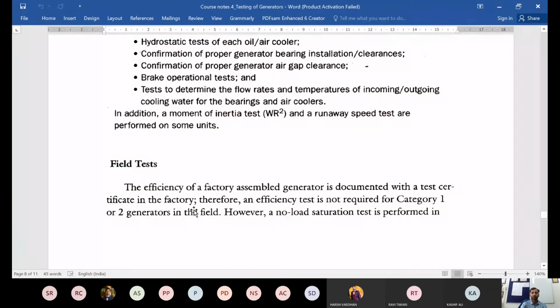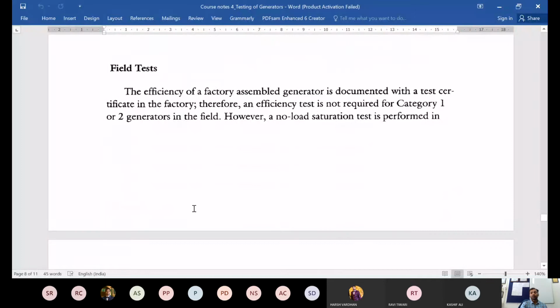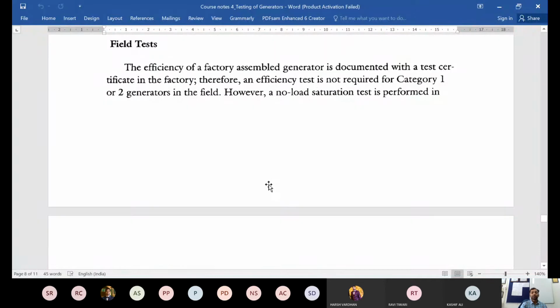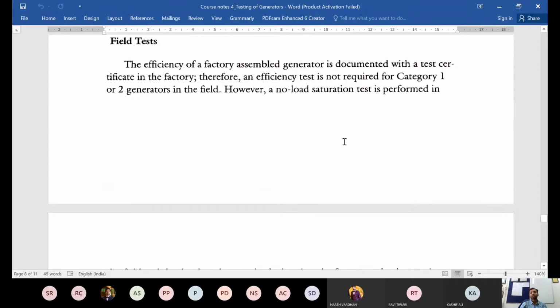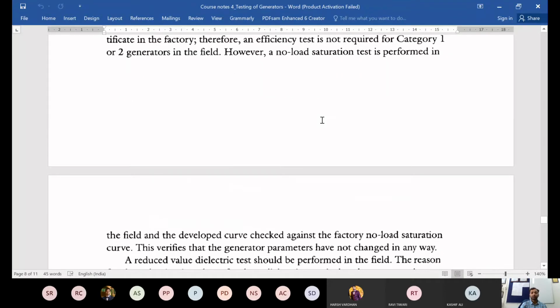It is just the factory test certificate is repeated. However, a no-load saturation test is performed in the field, and the developed curve checked against the factory no-load saturation curve. This verifies that the generator parameters have not changed in any way. So it is recommended that the no-load saturation tests, which we discussed earlier, for determining the parameters, the SCR, the